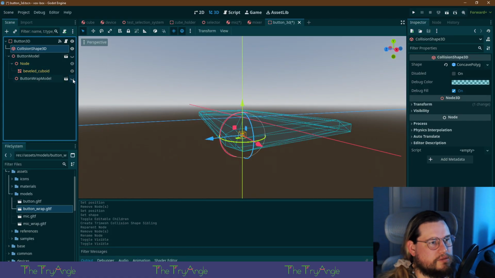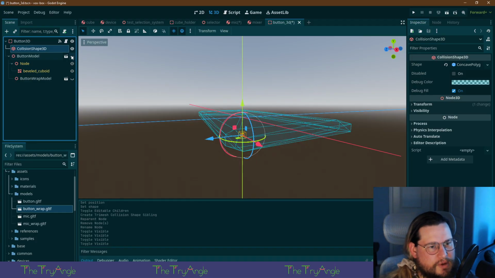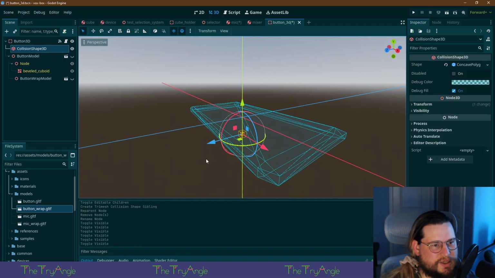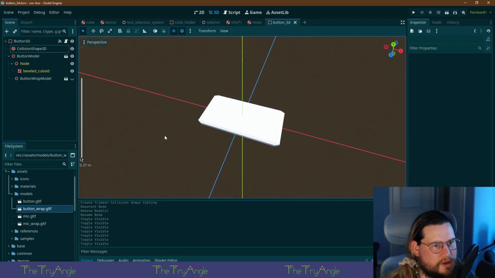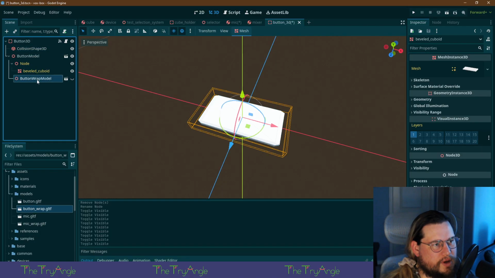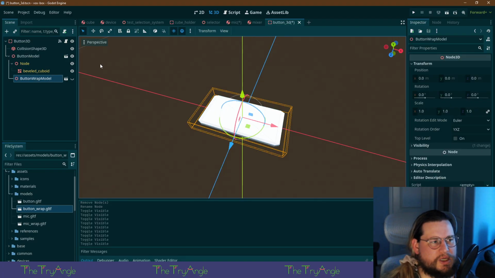Oh, right. The wrap should be invisible. All right. So we got our collision shape for the button. And then the wrap.